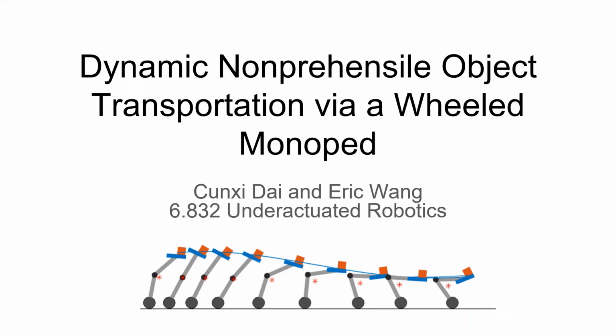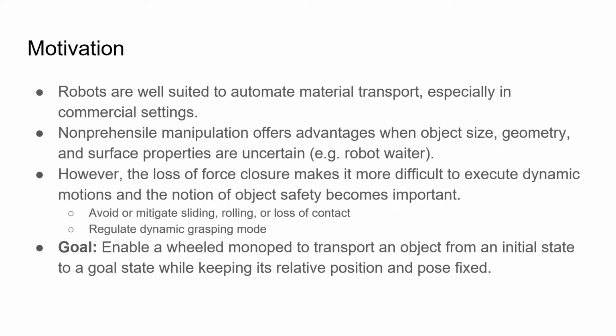In this work, we present a planning and control framework for non-prehensilely transporting a polygonal object with a wheeled monopedal robot. We take dynamics into account so that inertial forces can be leveraged to achieve more time-optimal solutions than if quasi-static assumptions are made. Material transport is a useful task both in industrial and commercial settings, and we believe that